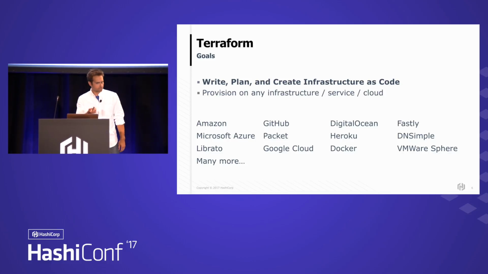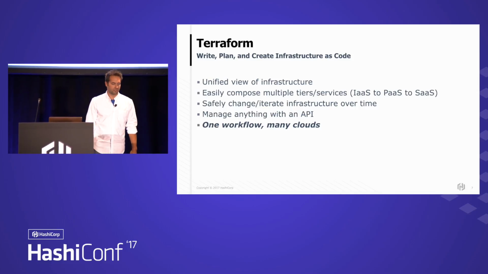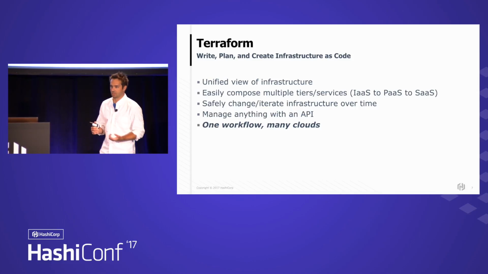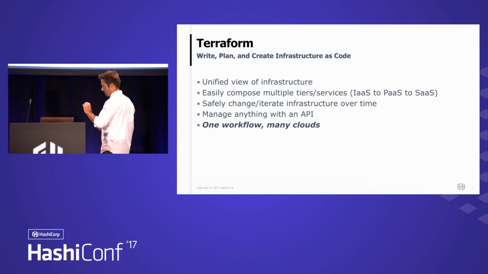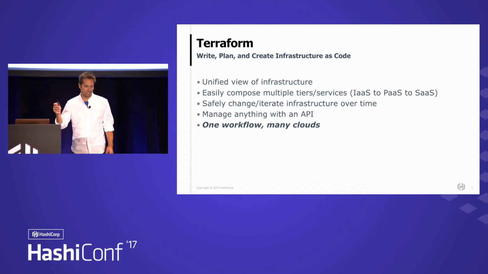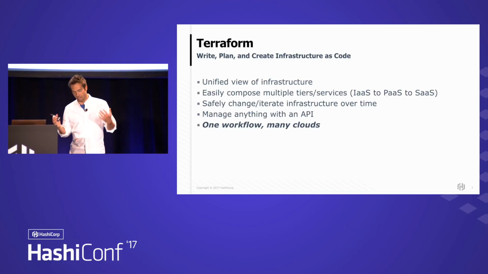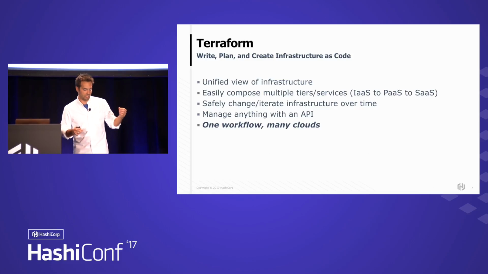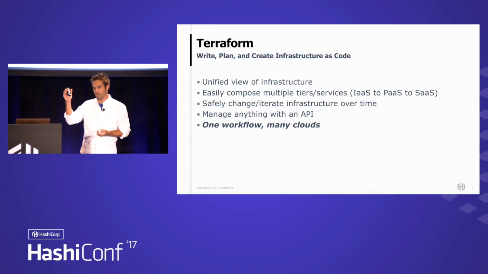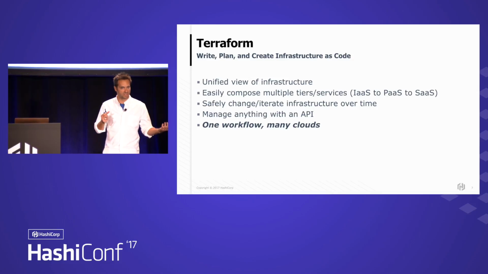So, all right, infrastructure as code. So with Terraform, you get a unified view of all of your infrastructure, not just your Amazon. We're talking DNS records, your Heroku applications, and it makes it really easy to compose these into a unified view of everything. So with interpolation, we can define relationships between a DNS entry and an AWS instance,